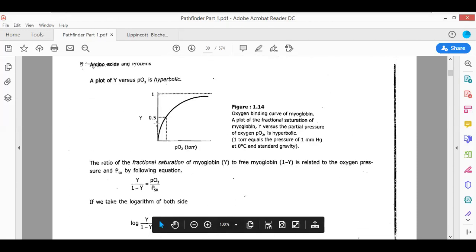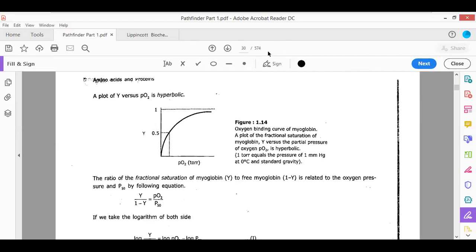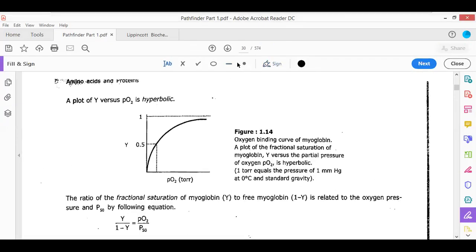Now see, you get a hyperbolic curve like this, but this hyperbolic curve should be made mathematically or analytically possible. Now how are you going to make it analytically possible, how are you going to solve this out? We are going to solve this out by, okay, I am asking for the scientific reason, not mathematical reasons. Okay, you are asking for the scientific reason.